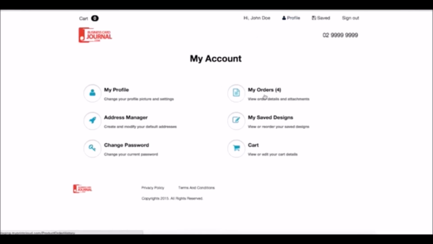Under my orders, the user will be able to see the production status. Is it pending for order approval? They'll be able to reorder. They can view their saved design, so this is when they're halfway through a design. They can update their contact details, update their profile details, change their password, and view any items in the cart. Now, if I'm a manager, I can see all my users' orders, and if I'm an administrator, I can see all territory orders. So there are different levels that determine what I can see on this page. Now, if I sign out here,